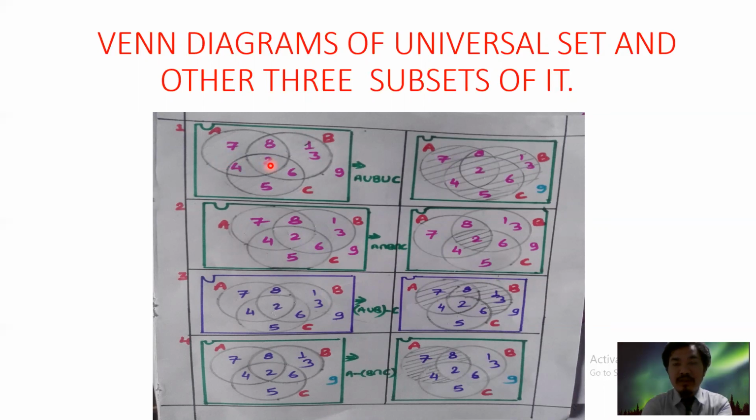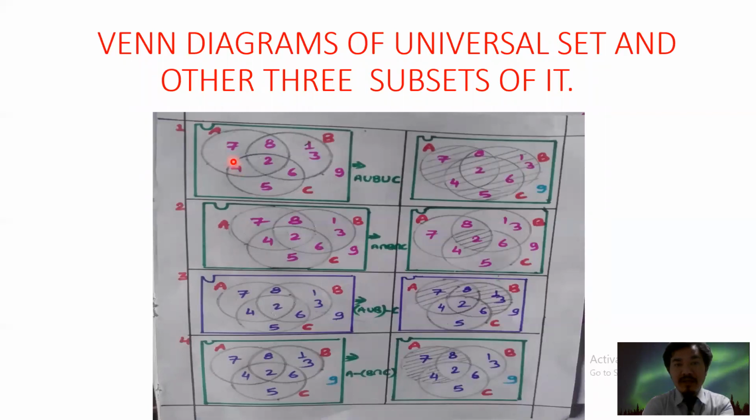Look at all the sets, universal set, set A, set B, and set C, and see whether there is a common part or not. We have to always start writing from here. Then we'll start this place. This is the common of A and B, and only the common of A and B is written here. Then right here, this is the common of B and C, and then this is the common of A and C.